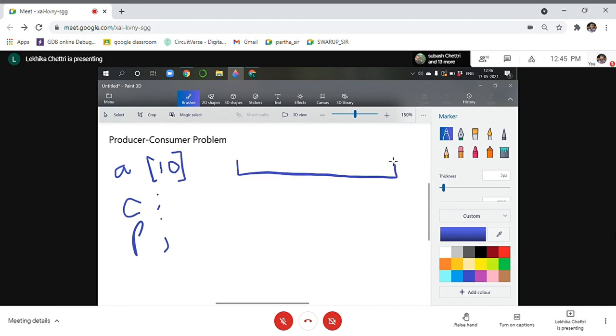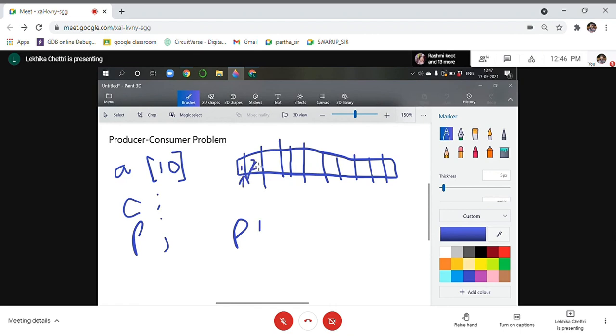Now this is my array, block 1, 2, 3, 4, 5, 6, 7, 8, 9, 10. So now this is the array of size 10. Now producer is there. Let us say producer produces P0, first item 1, it gets stored here.